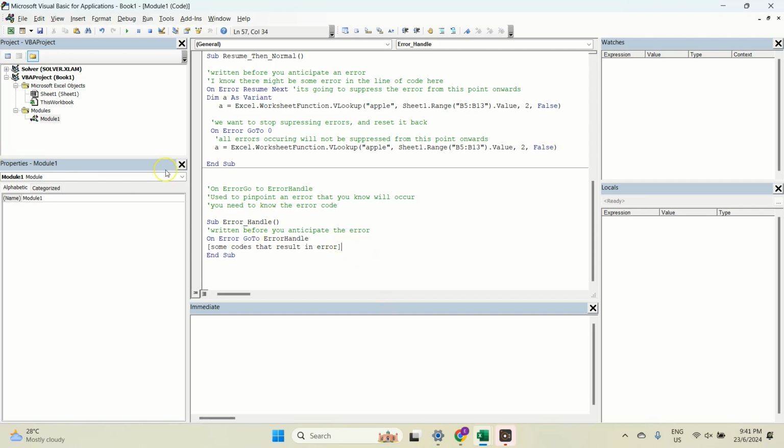And then, you know what, I'm just going to Exit Sub. So in case there's no error, we can just exit the sub. But now we know that there is going to be some code that results in error, and then we can get to ErrorHandle. We're doing something pretty similar to what we've done previously, but instead of a message box,